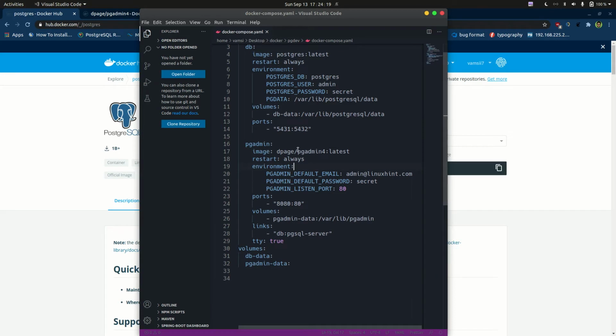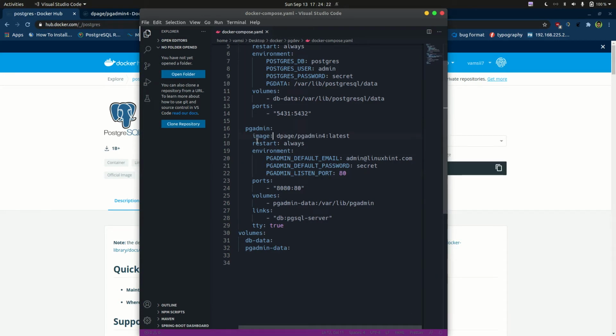And coming to pgAdmin, as I mentioned before, the image is dpage/pgadmin4 latest, and restart I also gave as always. Inside environment we mentioned the email ID, the password, and the port as 80, the localhost port. In the ports, in the local it's port 8080, and on the container side it's 80. So the left side one is local, and the other one is on the internet. Volumes, again we mentioned the volume for this, and links,